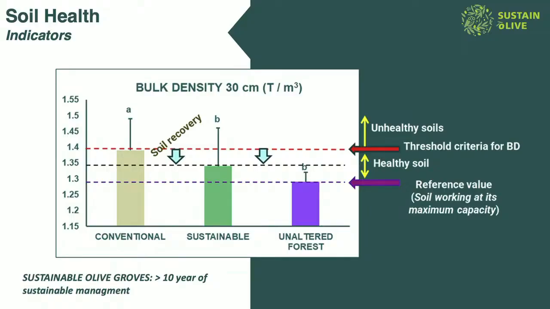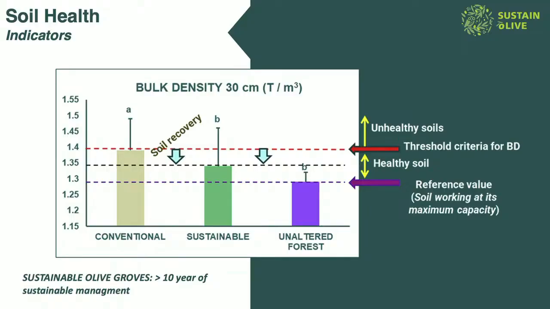That is, in this case, for bulk density, the more is worse, or the less is the better. So it's not recommended that the bulk density exceed, in clay soil for example, the value of 1.4 tons per cubic meter. As we can see, the average values in conventional olive groves are close to, or just at, this threshold, but in the sustainable ones it is lower,